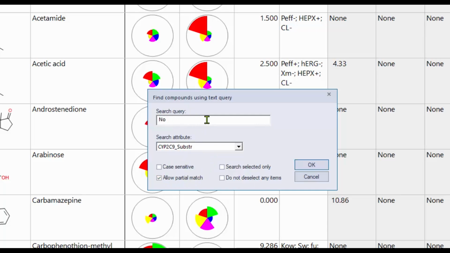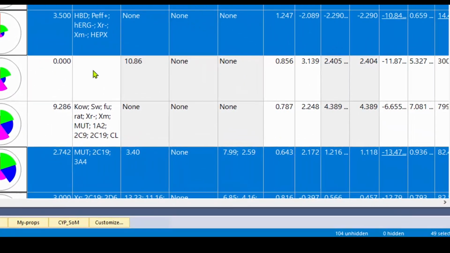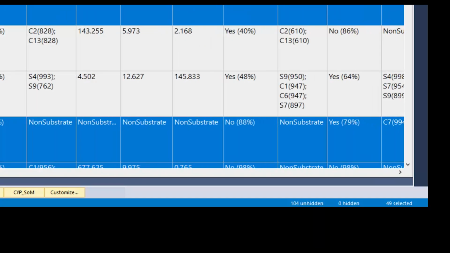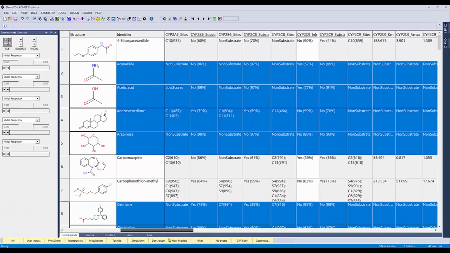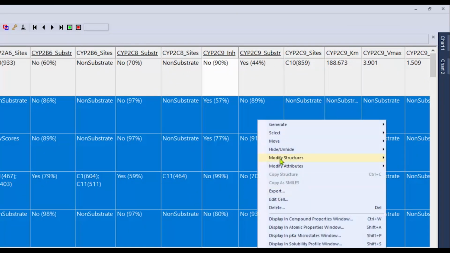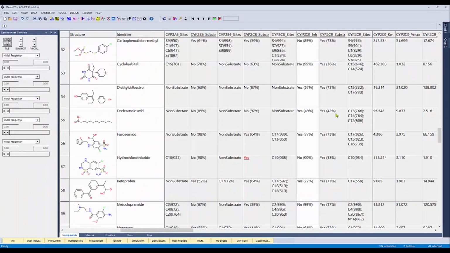So, these all have confidence estimates in them. So if we click OK, that finds 49 rows that meet that criteria. In other words, they have a no for the 2C9 substrate, and we can find that over here. So here's your 2C9 substrate, and you'll see that they're all no. We can also move these rows to the top. So we can move to top, and then you'll see all the ones up here that are no,